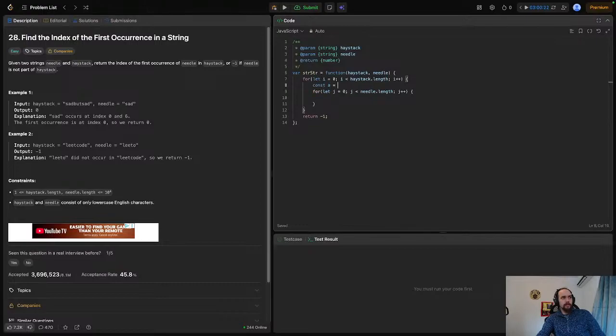Say A is haystack sub I, and B is needle sub J. If they are not equal, then we should break. I don't really like breaks. So